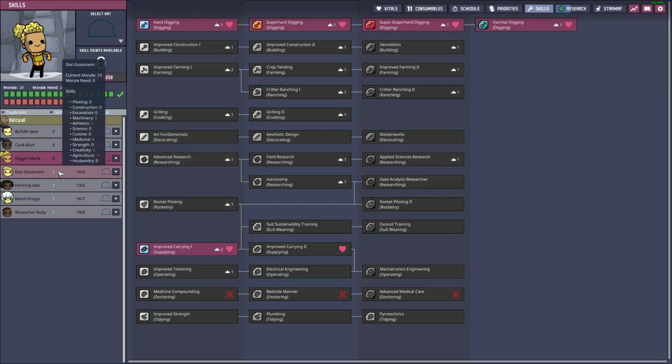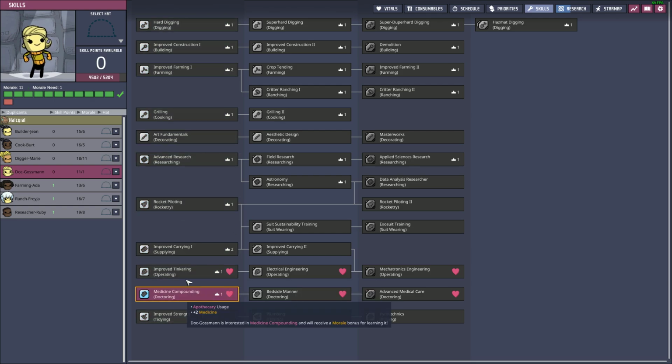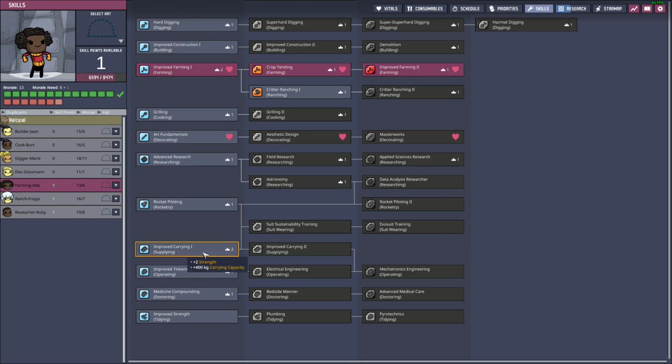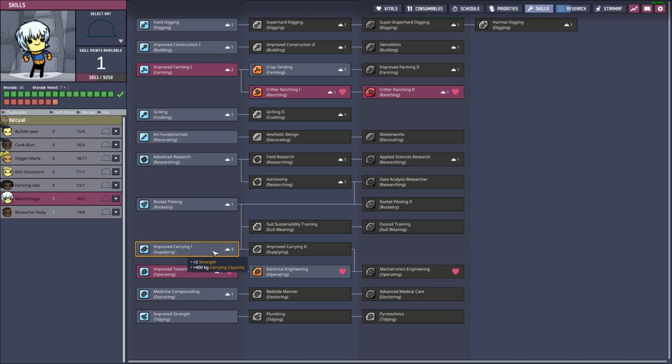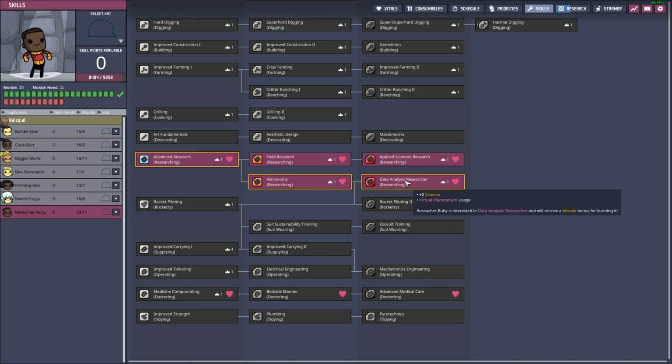You like to carry stuff, so you're a dog, so let's get you to the medicine field. You are a farmer, you already have all our farming gear, so let's do so that you can actually start being useful. And our researcher, now that